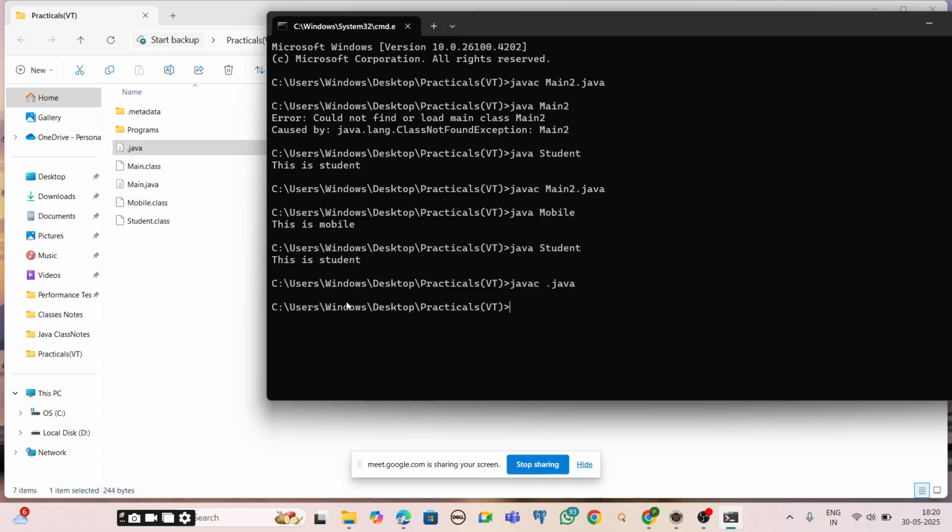If you observe here, I got class files too. If I have bytecode files, we know how to execute, right? How will we execute? java mobile. If I want to execute the mobile class, java mobile, I will get the mobile output. And if I want to execute student, java student, I will get the student output.